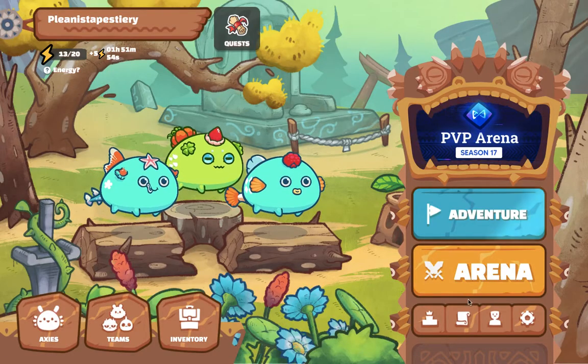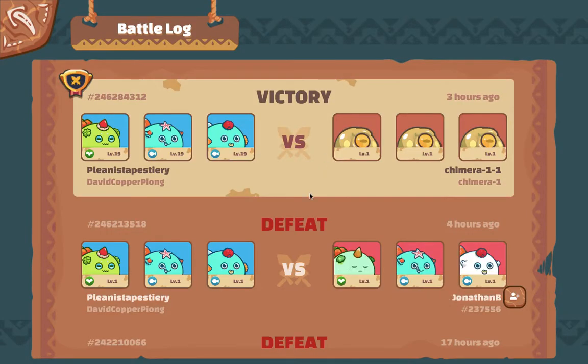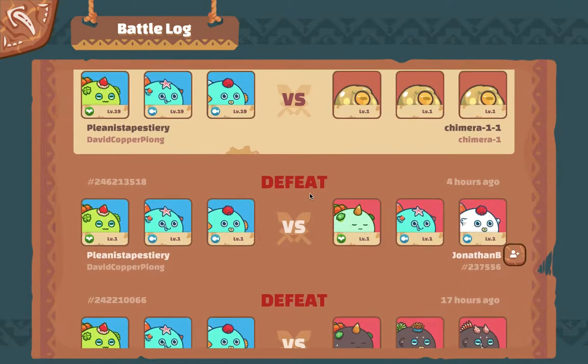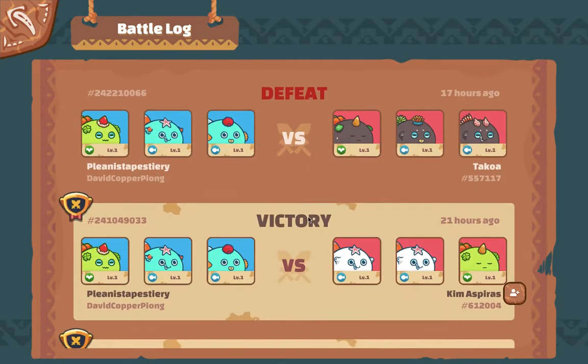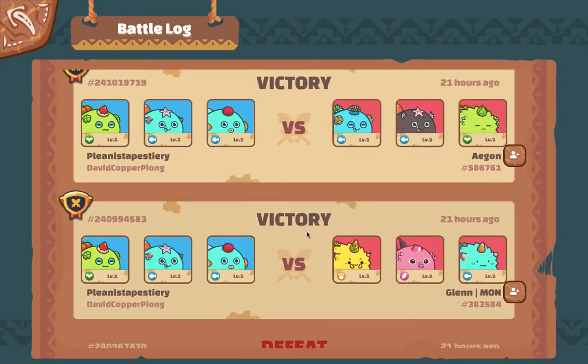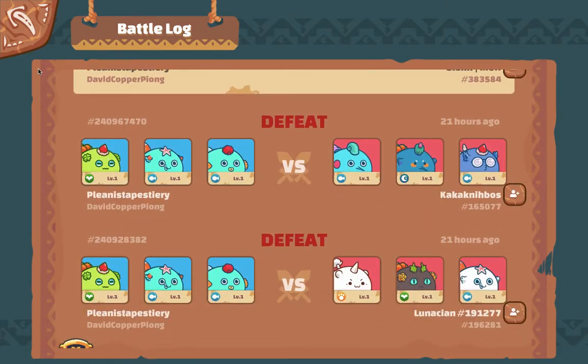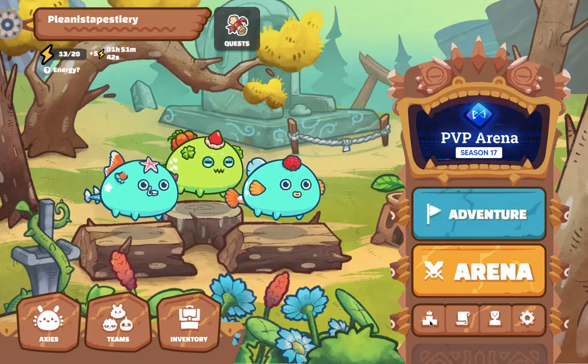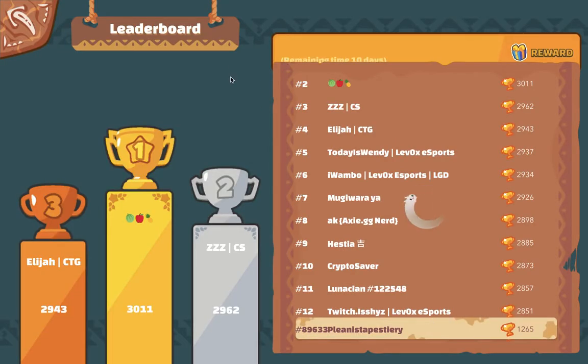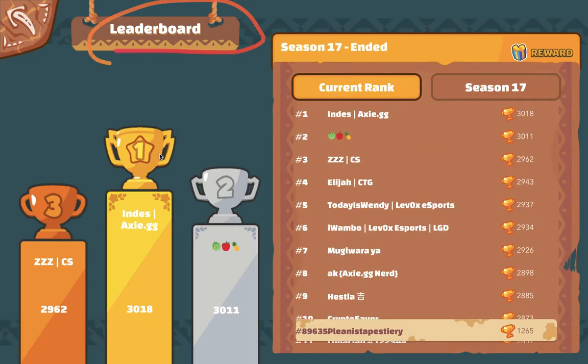Sorry. This is the leaderboard, I believe. Oh no, battle log. So this is my battle log, the victories and defeats I had. You can see I've had 1, 2, 3 victories. I have some defeats as well. My win rate is not too bad. This is the leaderboard, so all the top players in the world. First, second, third. So Indies, Axie.gg,